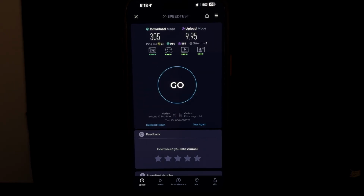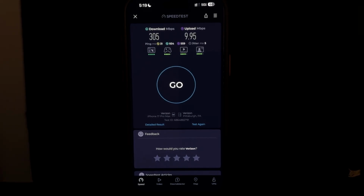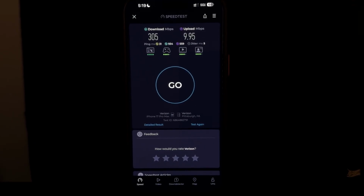And as far as speeds go, if I compare them to Mint Mobile, which is again on T-Mobile, I actually get very fast speeds. Some parts of this town, when I'm near the tower, I can get 1,000 download. I don't know if the pings are much lower than 30, but they're very good. And the upload can be pretty good on certain towers. But that download can be crazy fast, but it's kind of useless because on Mint,